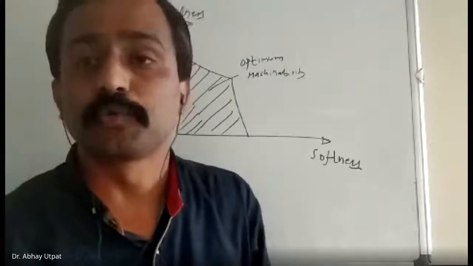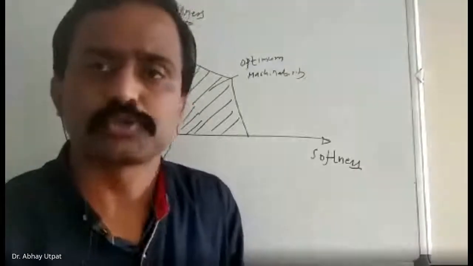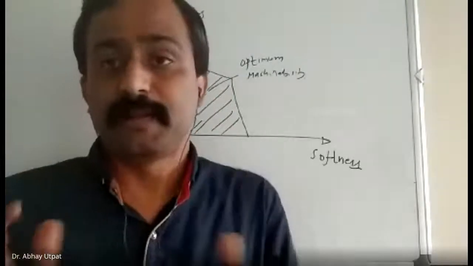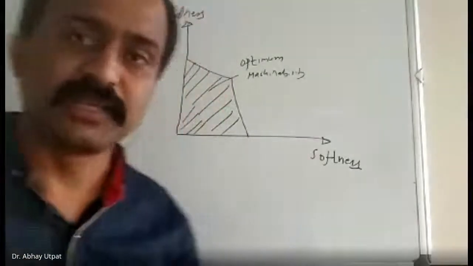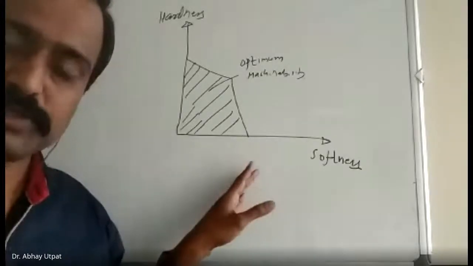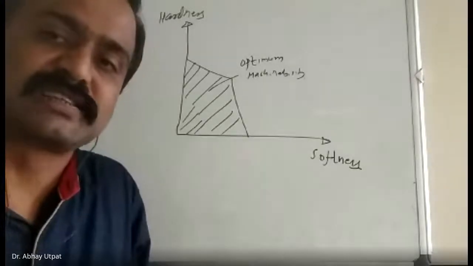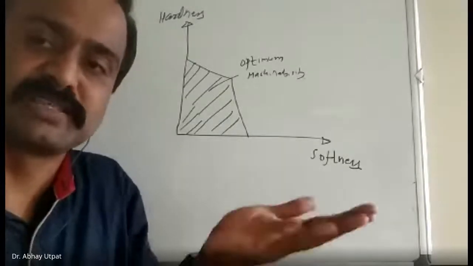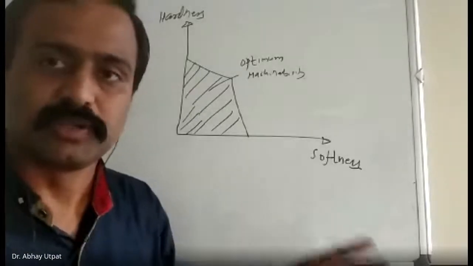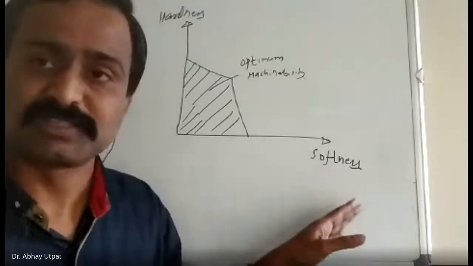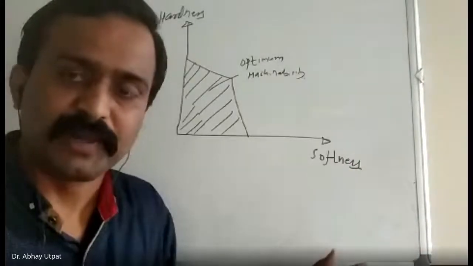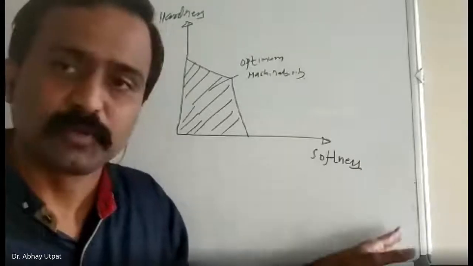If you want to improve the machinability of a very soft part, the softness should be reduced. I'm not saying increase the hardness. What I'm saying is, if you want to increase the machinability, softness should be reduced. How to reduce? There are a number of ways. A little strength improvement and hardness improvement or brittleness improvement is required. It can be achieved in a number of ways. You can make microstructure changes from coarse pearlite to fine pearlite. Finer pearlite will give better machinability than very coarse pearlite.